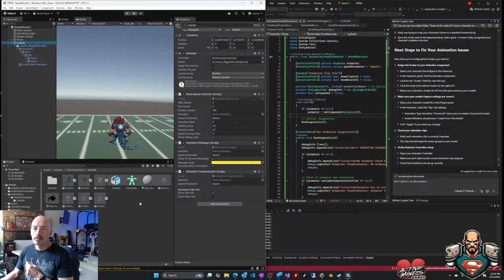How do I know? Oh wait, did it say the clips? Rig settings. Verify each animation clip is correctly imported. The clips should target the same rig. Okay, so it's the clips, which are